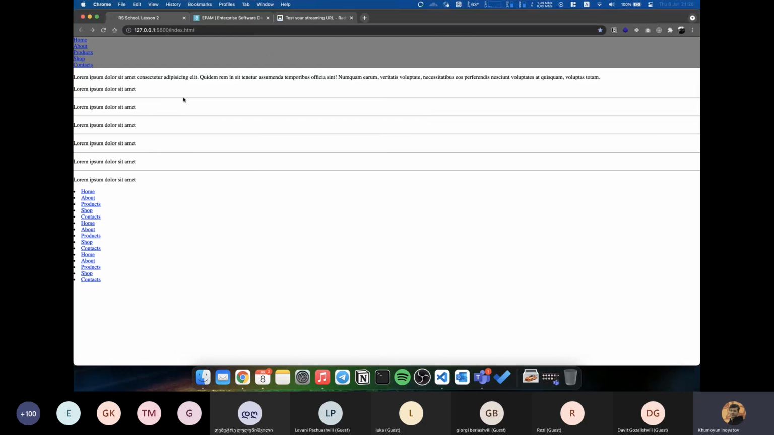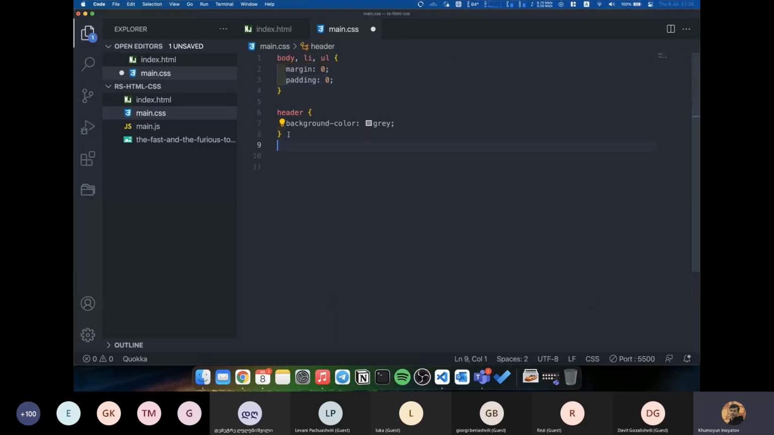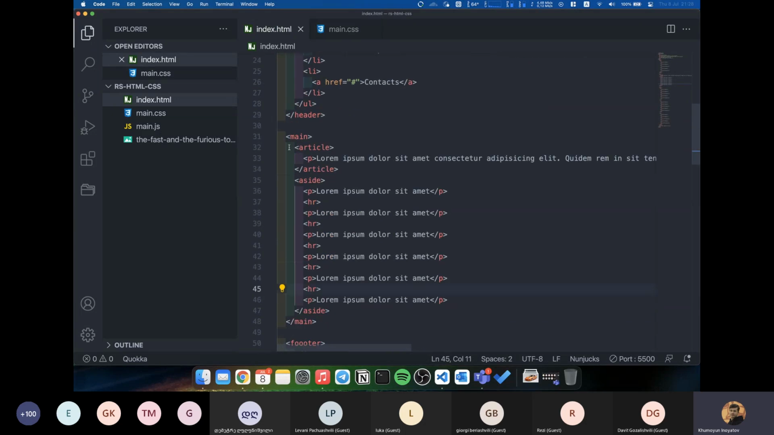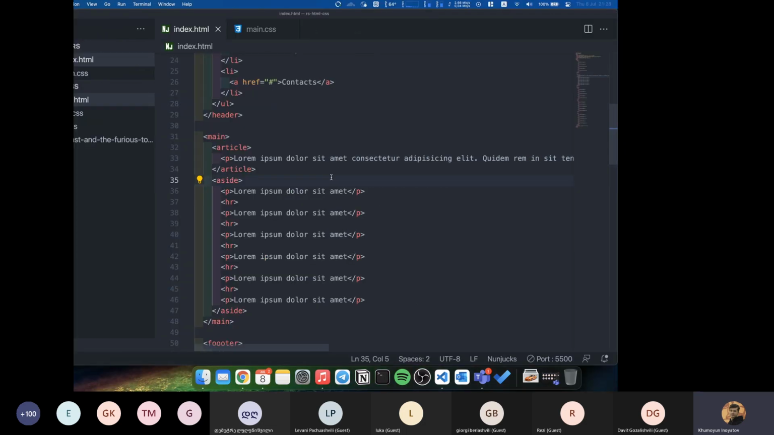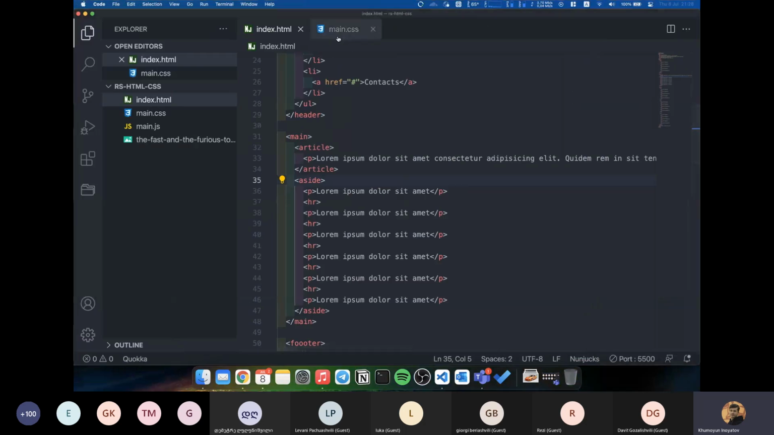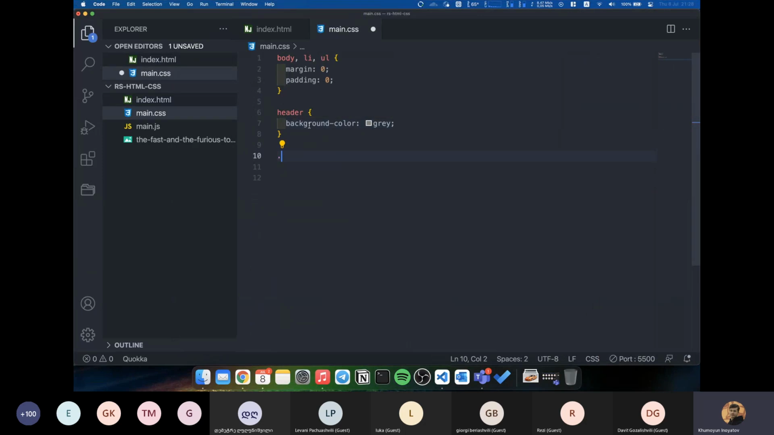Padding 0. So here it is. As you can see, in our main there are mainly two sections, article and aside. We will make them appear next to each other with the help of special properties in cascading style sheets, like